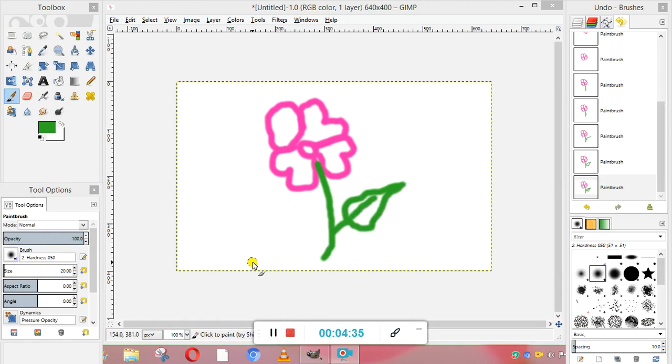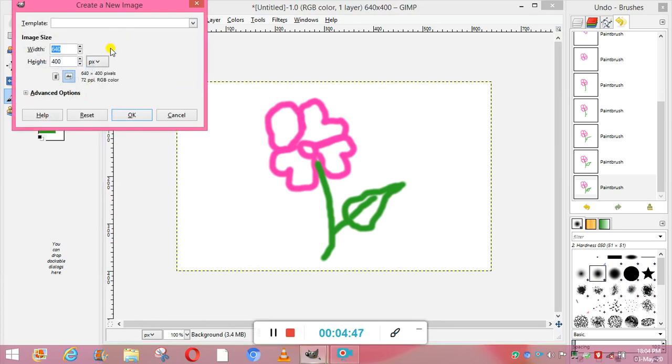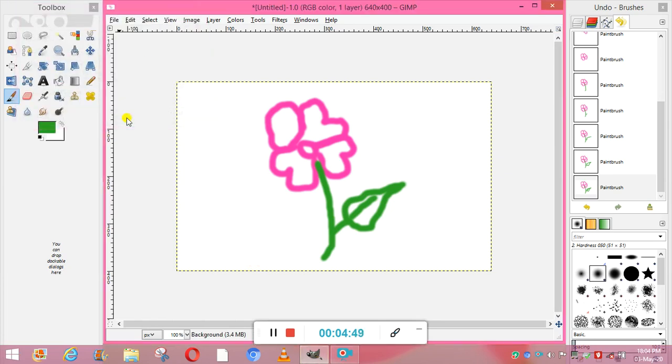Now I'm showing you how we can create the basic shapes, okay, like rectangle, circle, etc. So for creating a basic shape, first I'm going to take a new file. So this is your new file.